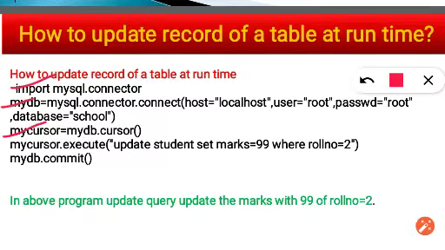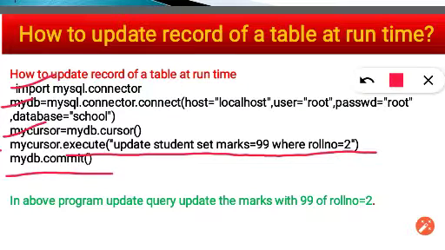First three lines, and the second last line, we have to execute the statement for the update, or the update query has to be there, and at last we have to use our commit statement. So with this, we are going to update the marks of the person who has roll number 2 and marks as 99.